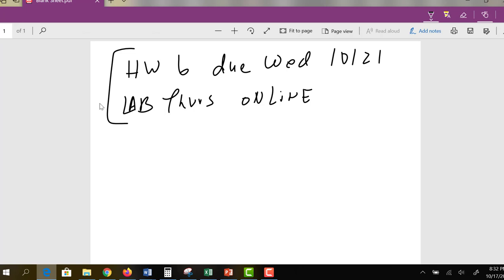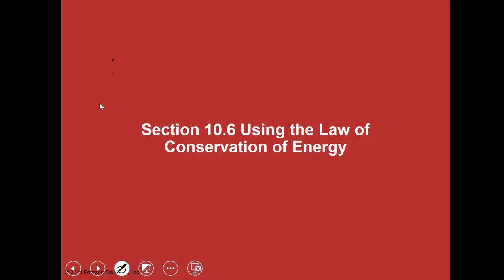Let's take a look back at a little bit more information from Chapter 10. The energy chapter. Okay, so we've talked about several forms of energy now. We've got kinetic energy, 1/2 mv squared. We have gravitational potential energy, which is mg times y. You experienced that with the lab that we did. And we also have spring potential energy, 1/2 kx squared, where k is the spring constant,